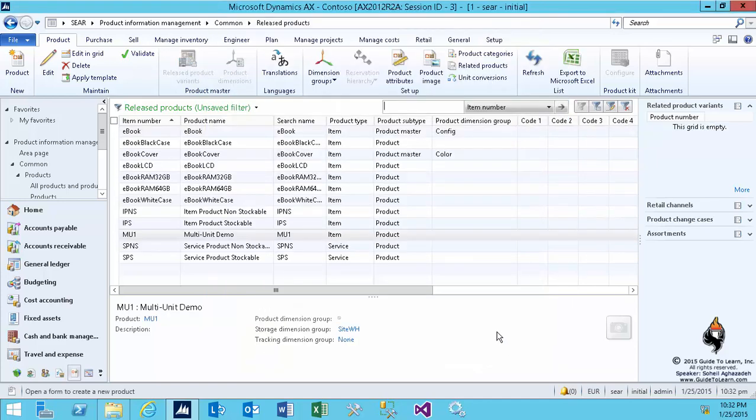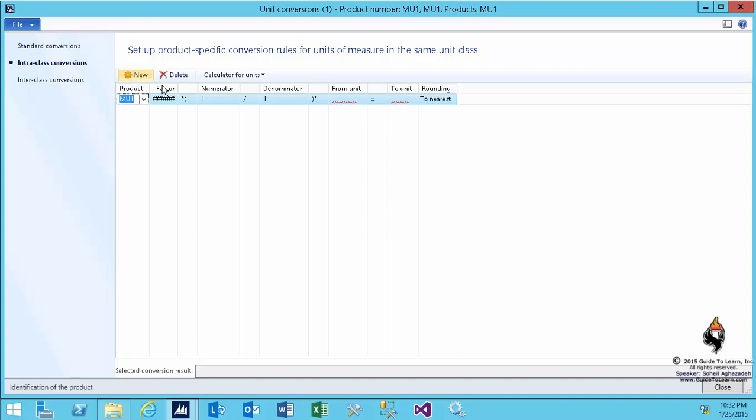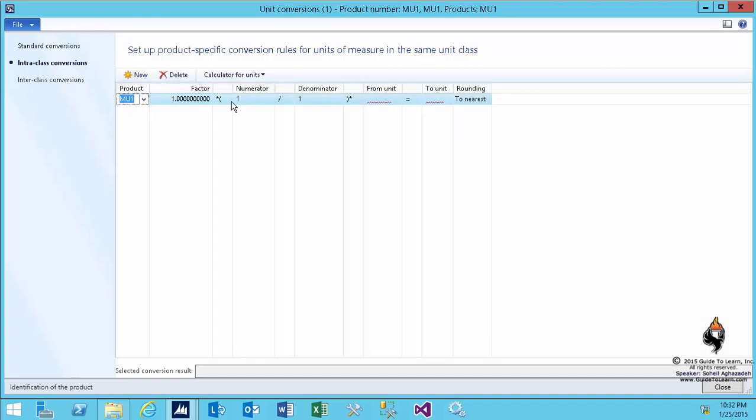I click OK. The second step is to select the unit conversion from the action pane. Of course, I've validated everything's good. Now, if I click new, automatically knows I've highlighted that product and it picks up the product for me. From the from units and to units, let's go ahead and pick up our new units. So I say from each to case, which I recently made,